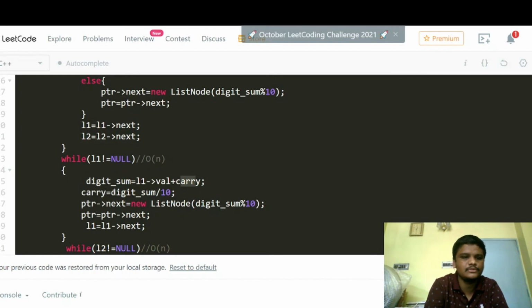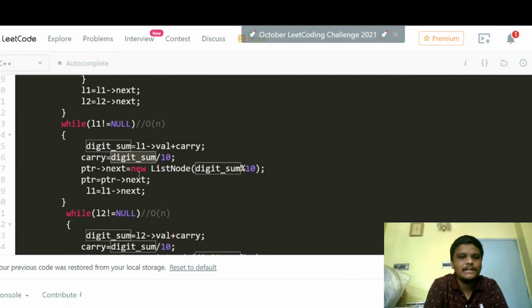And then we are going to store the carry as digit sum divided by 10. And next we need to store the value which we get by digit sum modulus 10, right? We need to store this in ptr dot next. Then we need to increment the ptr by 1 and l1 also by 1.